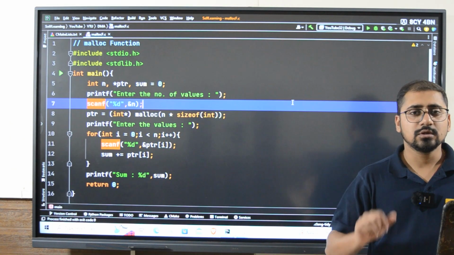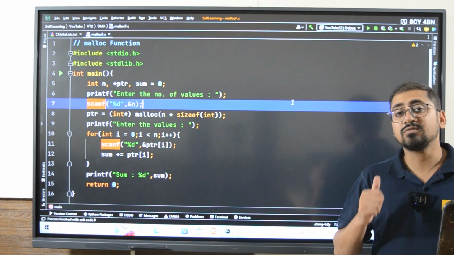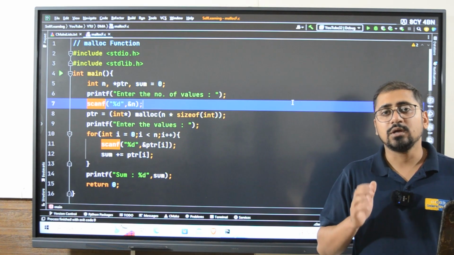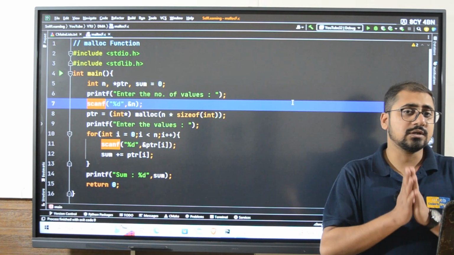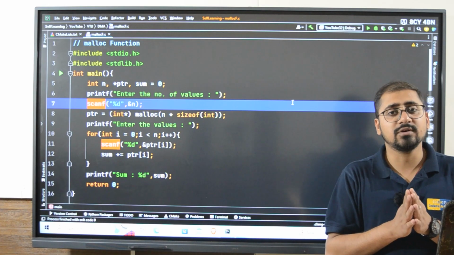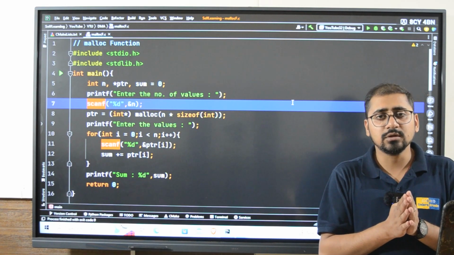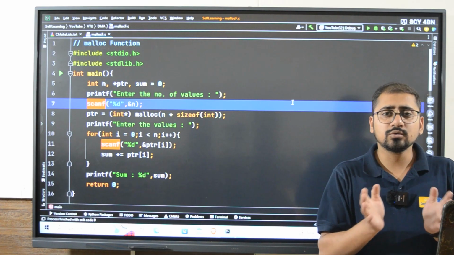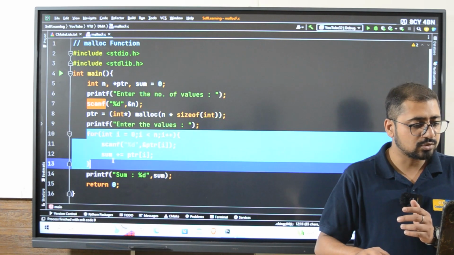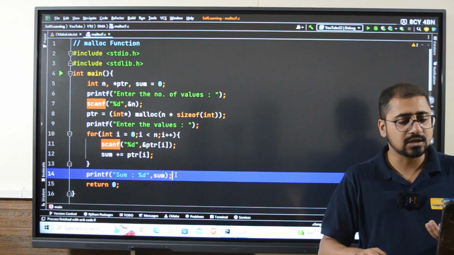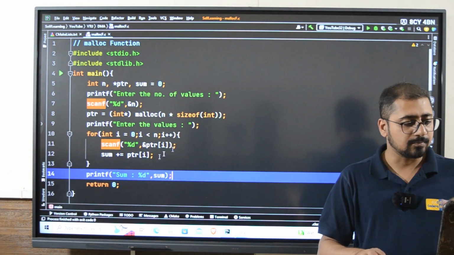Now what are those? The first thing, whenever we are requesting for some memory, now if that amount of memory is not available in our system, then it is going to return a null pointer. Now if it returns a null value there, then it is not going to do any operations. Whatever we have written here, taking the input, storing it in the array, and then finding the sum, it is not going to work there. So here,